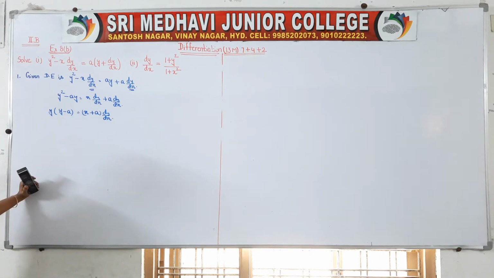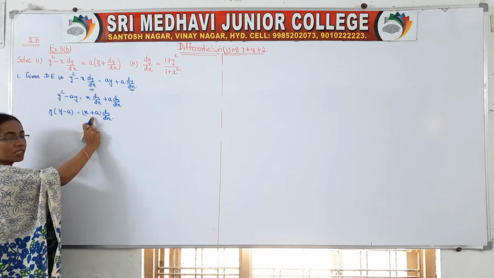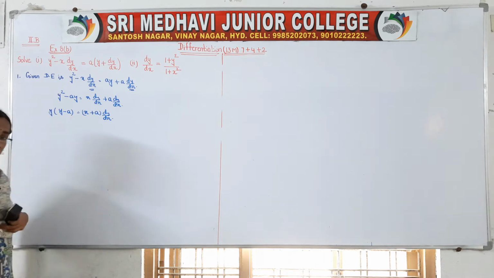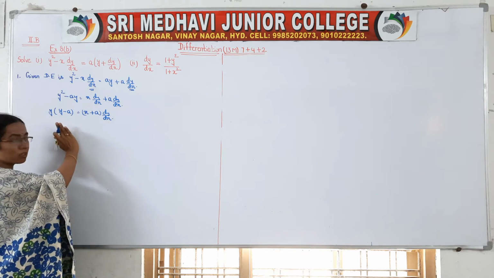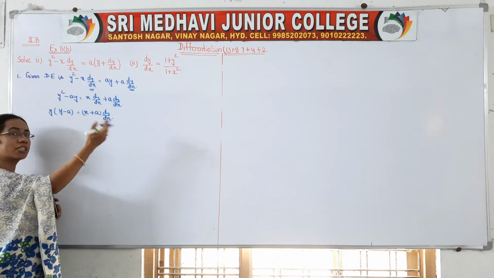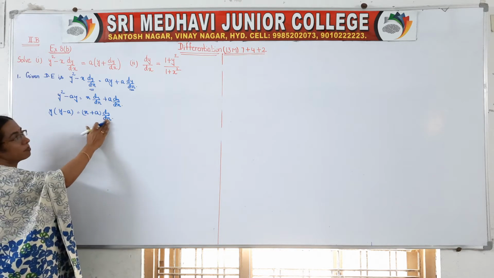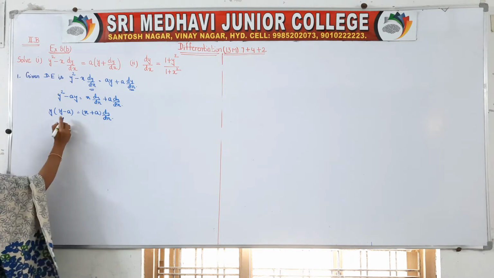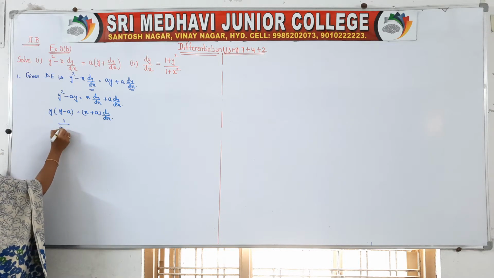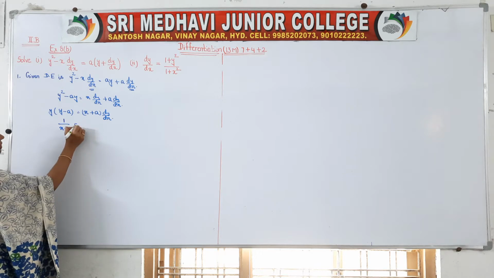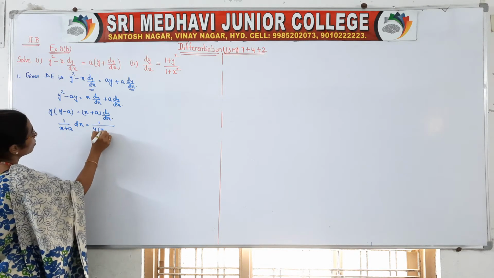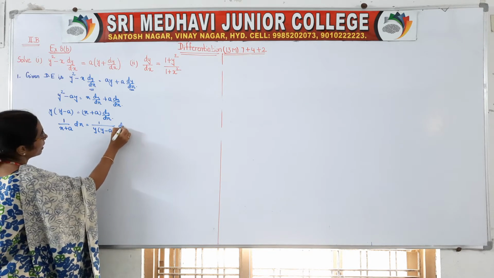If you observe, these are the x terms and downwards dx is there. These are the y terms. y terms always should come along with dy. So dy is this side. So we have to send y terms to that side so that they will come along with the dy, and bring these x terms to this side. Here it is multiplying, so if you bring it this side, it will divide, right? So 1 by x plus a dx is equal to 1 by y into y minus a dy.